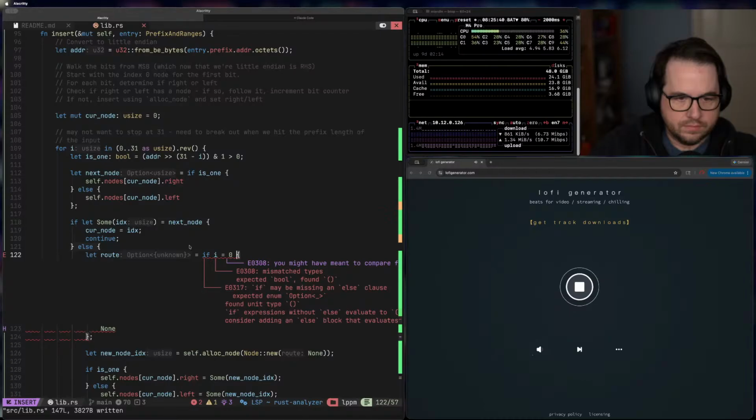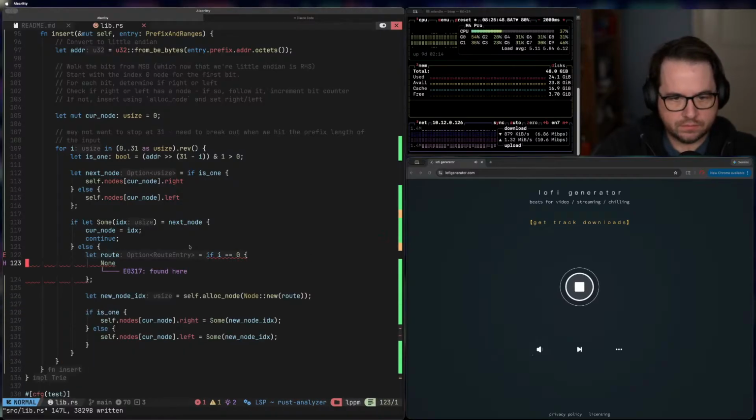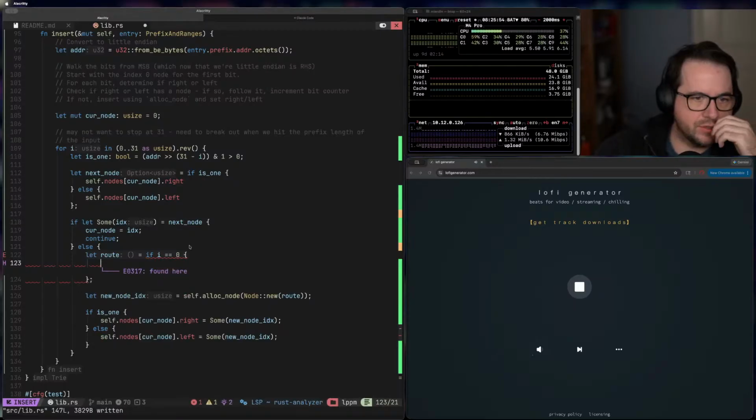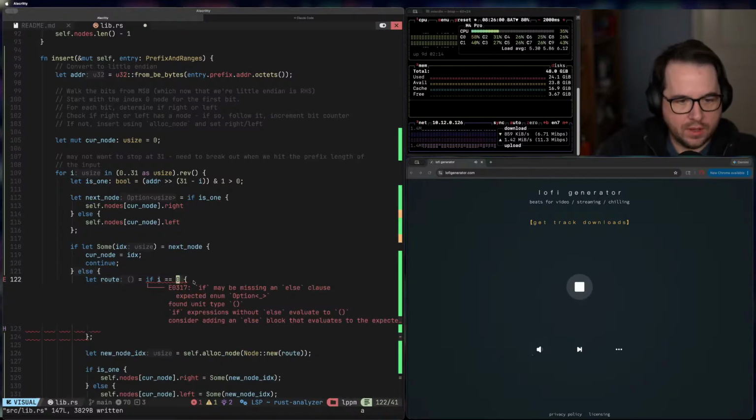And then route. That gives us the route. So let route equals if I equals 0. So what we want to do is check the prefix length. So if I equals,